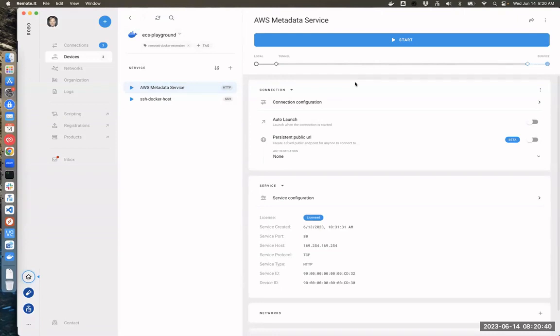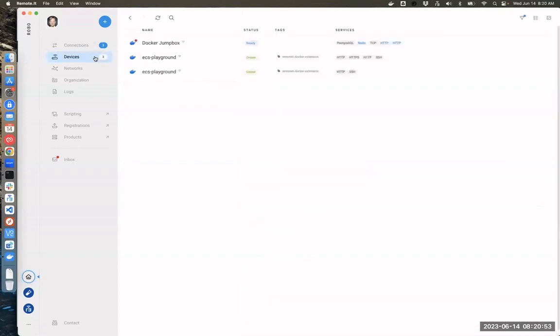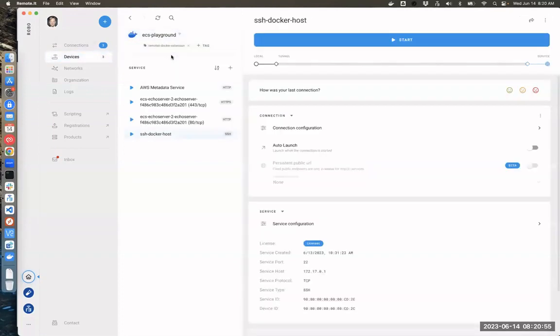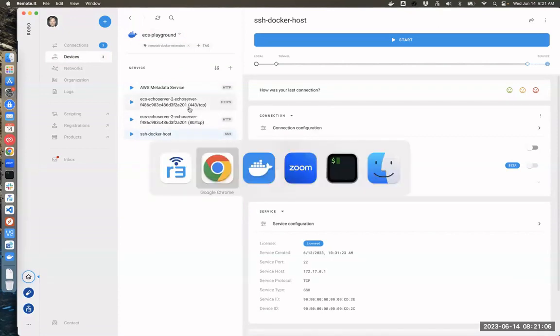So it goes from the container down to the host instance. And this actually does an SSH from our remoted Docker container into the Docker host. So we can actually get into there as well. If we look at the next one here with the 4 services, we see we have our Echo server task running. This has 2 ports, port 80 and port 443. This was automatically picked up by our remoted containers.